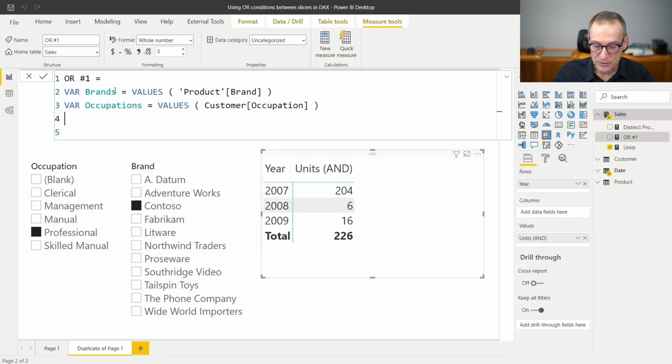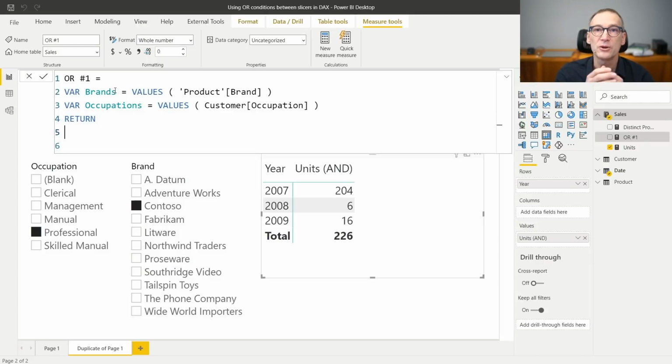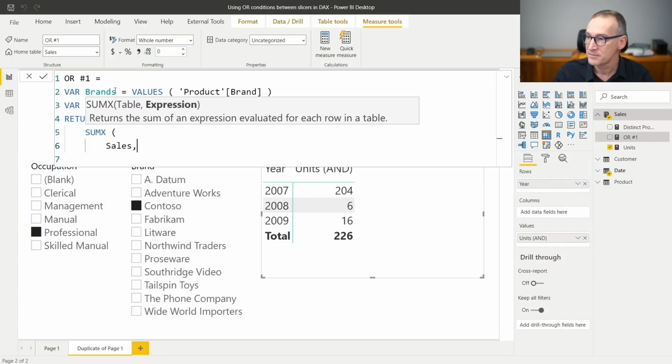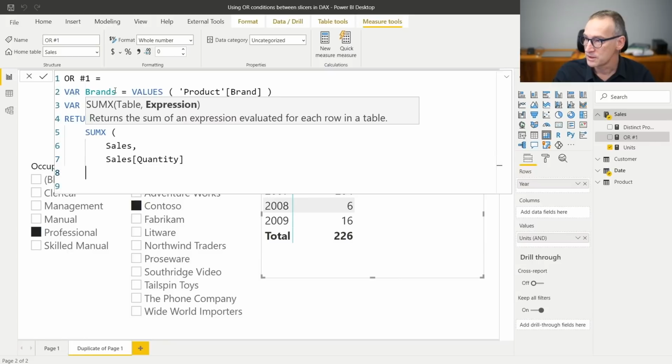Then we need to go for the return. As I said, we are going to iterate over sales and retrieve all the sales that either have one brand that is in the selection of brands or an occupation that is in the current occupation. So we do SUMX over sales of quantity.